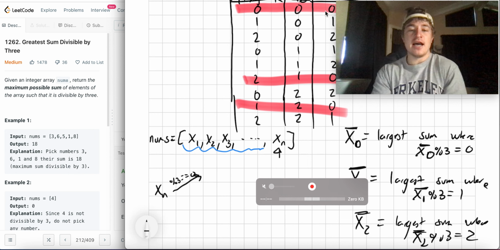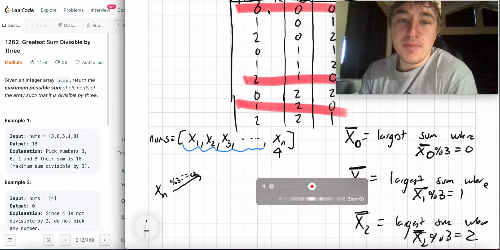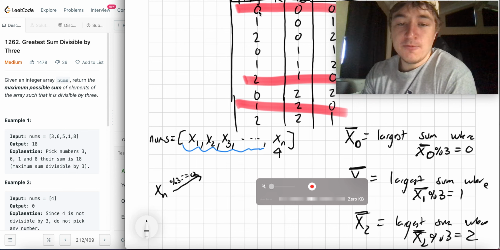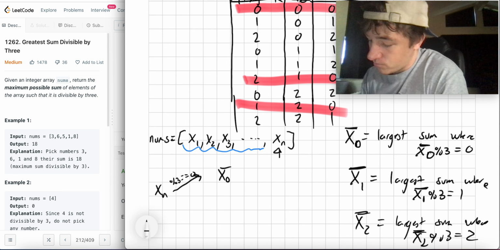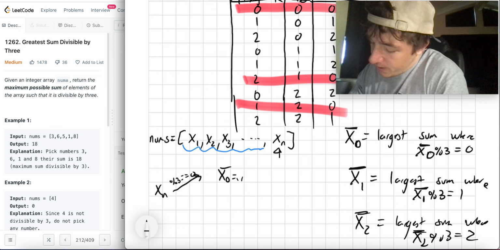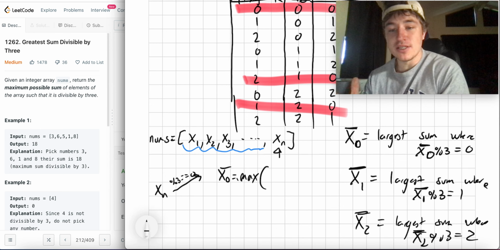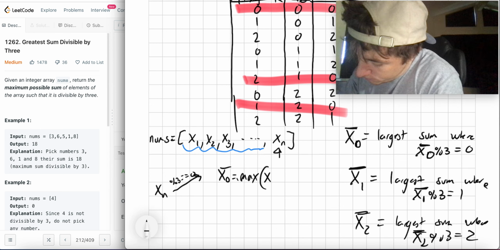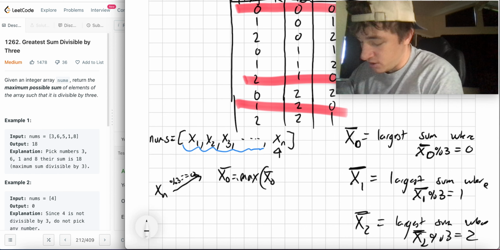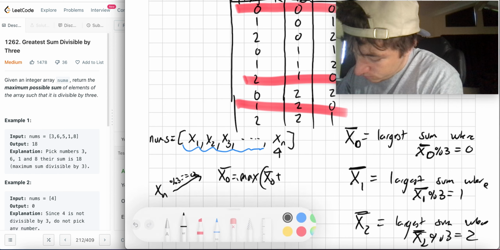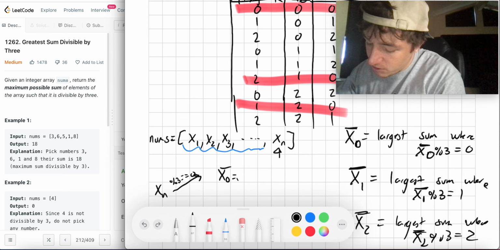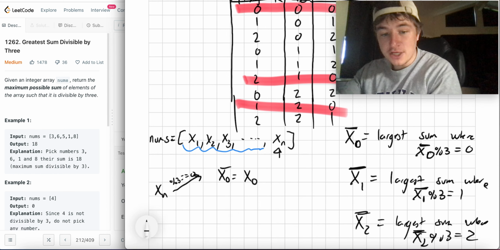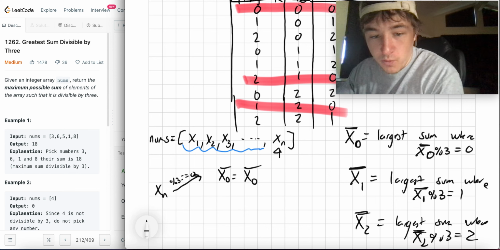So the longest sum is now what? Well, if my largest sum was 0, and I attach my newest number, its mod will still be 0. So that means our x0 is going to be either what it was before, because maybe including this number doesn't increase it. Well, it would always increase if it's x. It doesn't matter, we'll just leave it like that. We don't need to use max for this. So x0 now is the largest sum with the modular ending in 0, whatever it was before